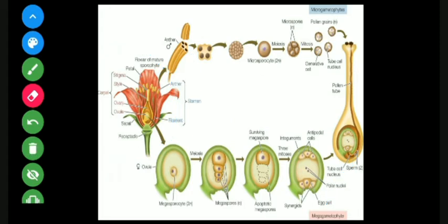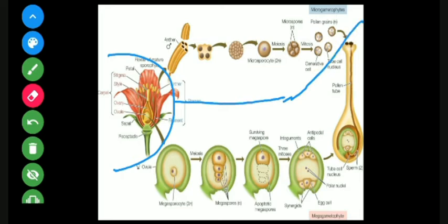Now let me make a partition here. The flora consists of all the whorls, and this is the partition so that it will not create any kind of confusion, because this is all related to the male part and this is related to the female part. Now let us start. Can you see this thin section? This thin section is of anther which has been taken from the individual stamen.